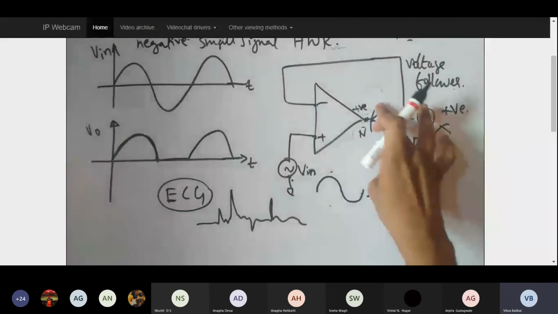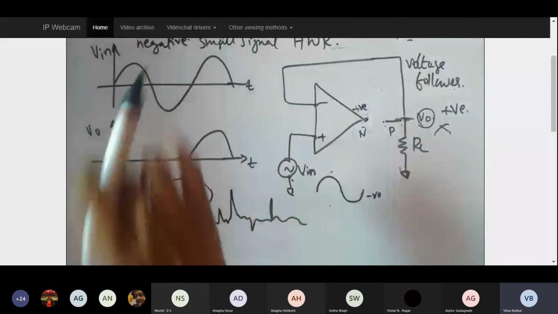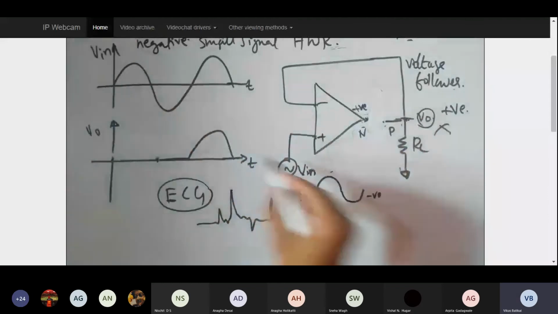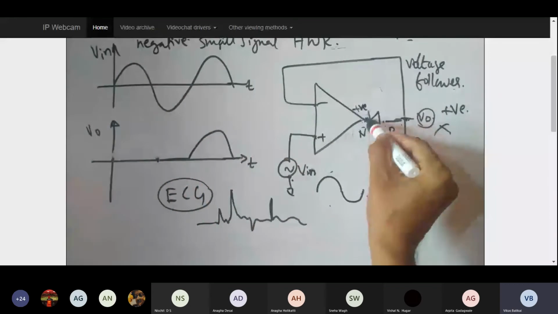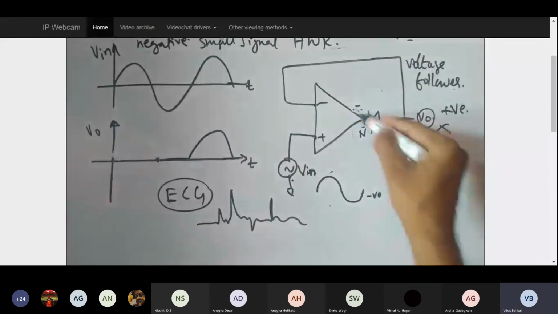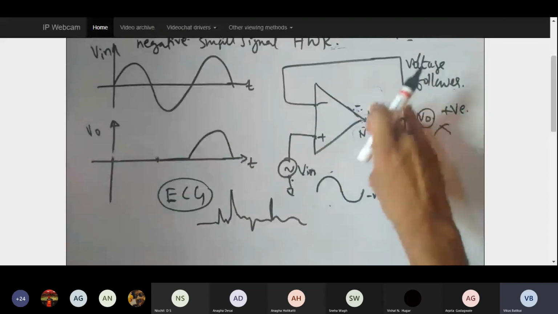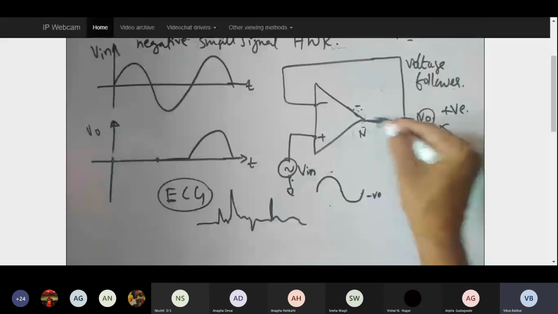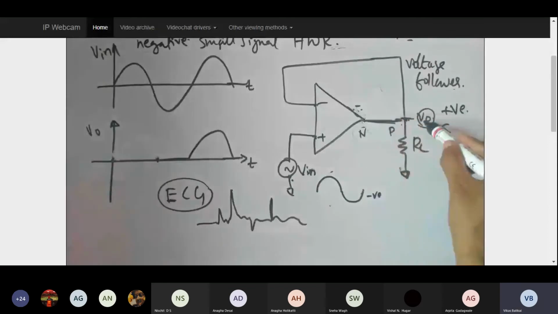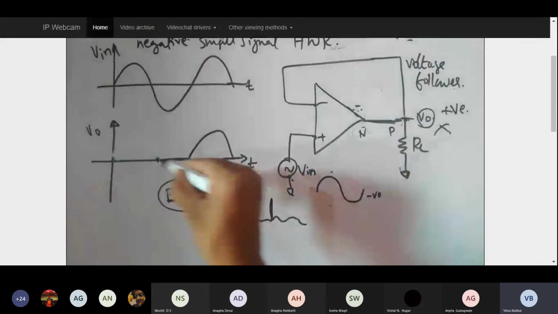So when my input is positive, I do not get any output. When my input goes reverse, negative comes here at this diode. So N is at a negative potential, N is at a more negative potential than P, which means this diode is on. When this diode is on, that means there is a short circuit being created over here, and this is going to work as a voltage follower, and my entire output voltage will be the replicated version of my input. Under that scenario, my output will be like this.